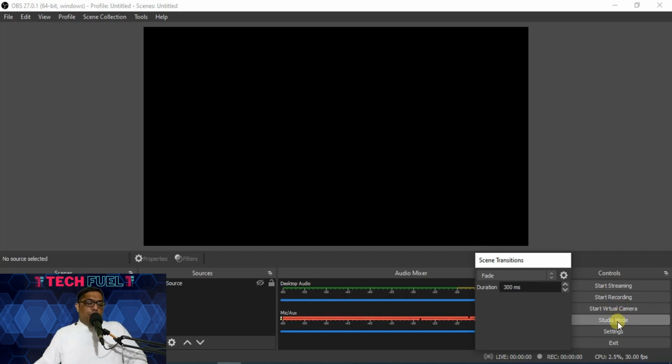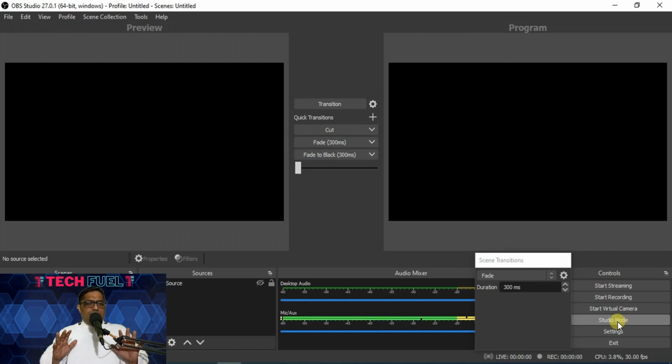This is the studio mode. Now, for the beginners, I would say that it would be better that we start off with the studio mode. There is only one reason for that. We will not be so efficient in handling the different sources, turning on the eye, closing the eye, so that different images and text all comes in. We are just learning, right? So as we are in the beginner stage, it would be better that we put the studio mode, wherein at this particular place we'll see that this is the preview.